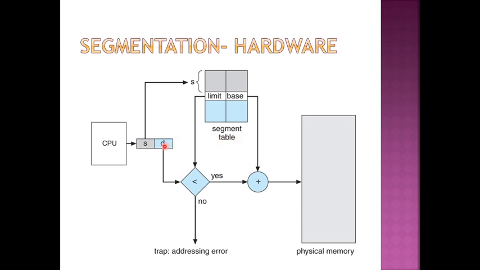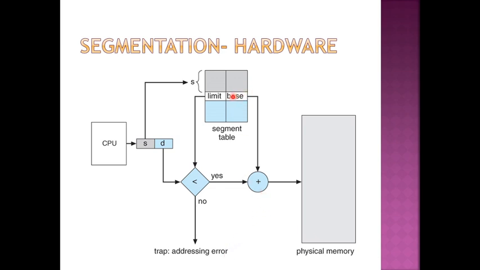Now if you all see here, the offset has been compared with the limit. If it is less, only then am I given the access or the permission. So this is one level of protection that has been added. If it is not, then I directly end up with an error. Again, this will be an interrupt or a trap that will occur, and the system will provide information to the user that there is a trap or error in addressing.